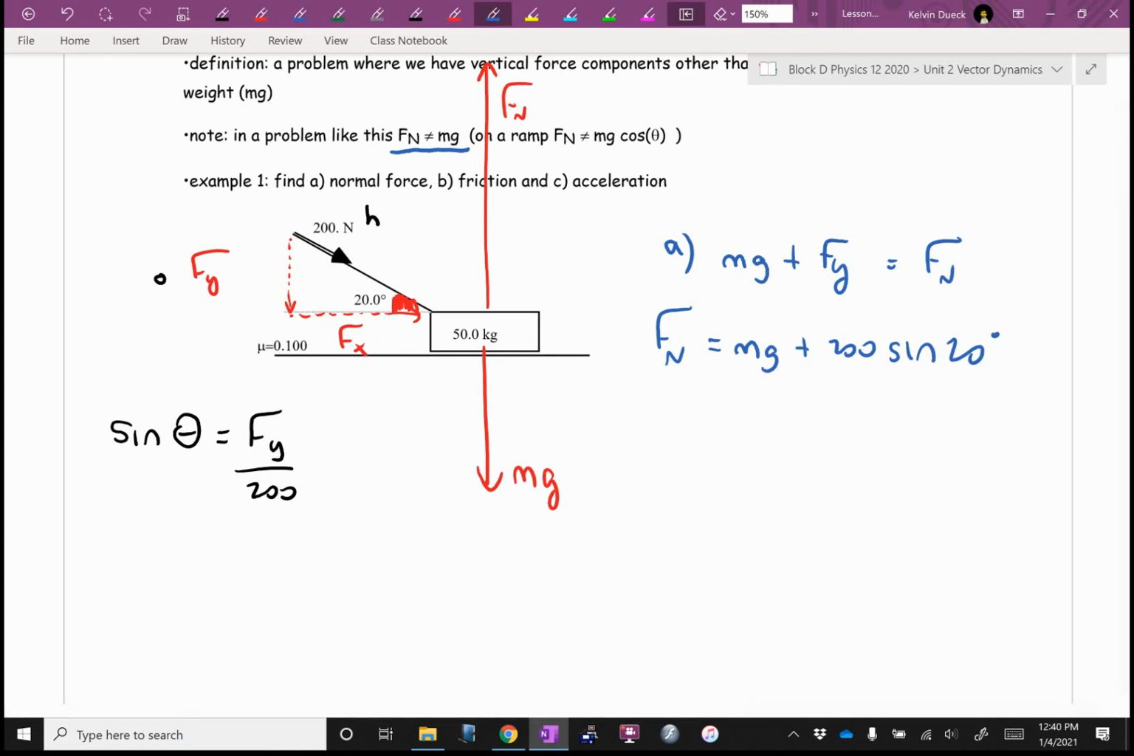Now, look up once you've written that. So this was tricky, a lot of you were having a tough time figuring out, is the normal force bigger or smaller? Now, normally,